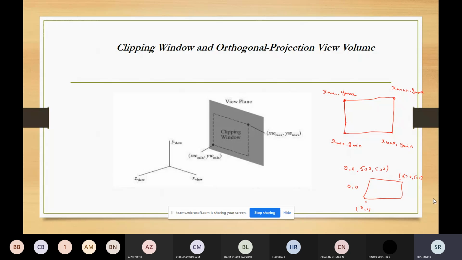Now, how the clipping window is implemented in the case of orthogonal projection. First thing, since it is considered with respect to viewing, take the example of a camera. The type of lens is one factor which will decide how much of the scene will be captured. Cameras which have wide angle will take a broader frame compared to the regular lenses.